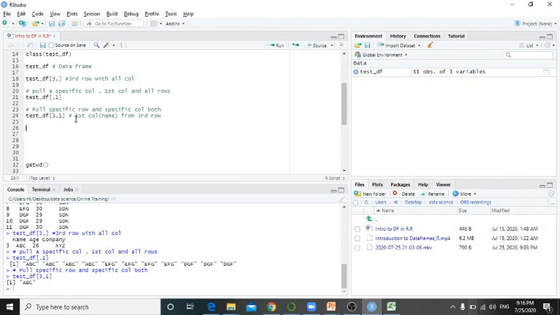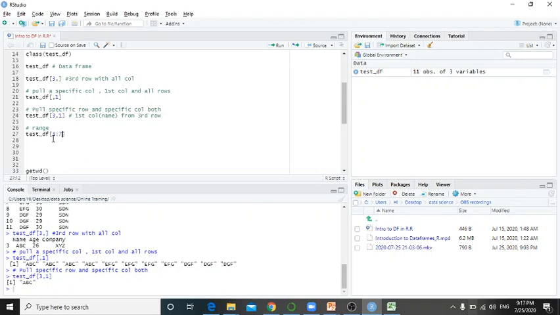Okay, now here you are dealing with one row at a time or one column at a time. Now let's deal with ranges. That means multiple rows and multiple columns. So how to deal with ranges? For that you just mention the data frame, and then let's say we want to fetch row number 3 to row number 7. So just mention 3, then colon, then 7.